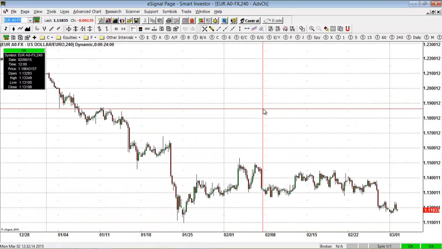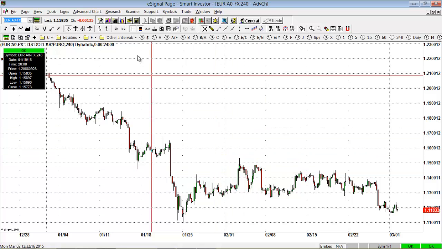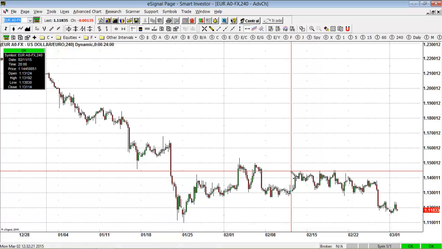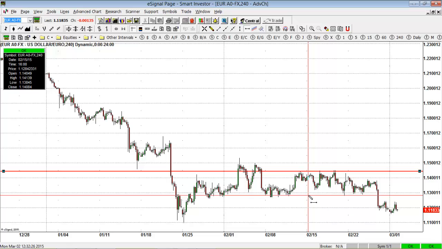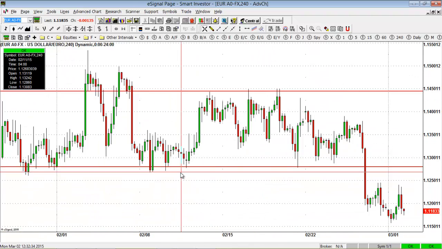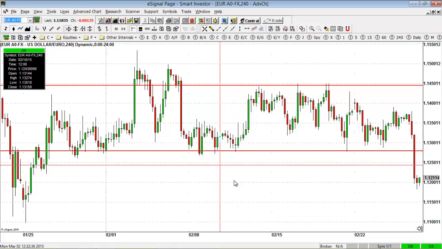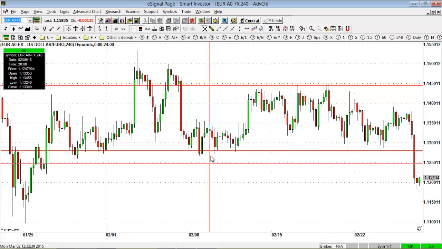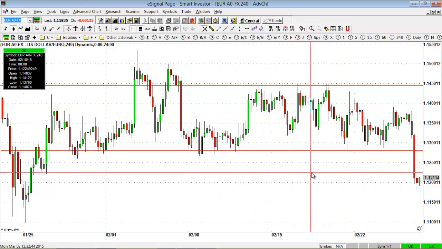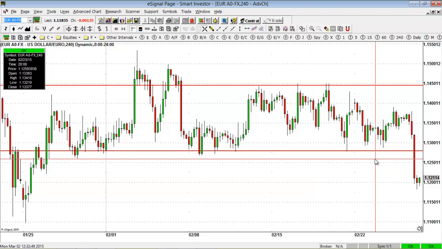Looking at the 4-hour chart, we see that the market was in a minor consolidation within a channel, with the boundaries being about 114.50 and 112.90 to 112.80. So this level was containing the market for the better part of 2 weeks. And what happened the last week was that the market convincingly closed below the channel line and has been heading